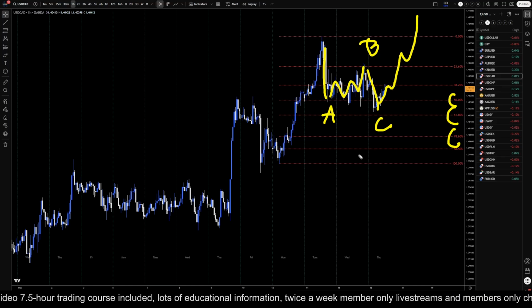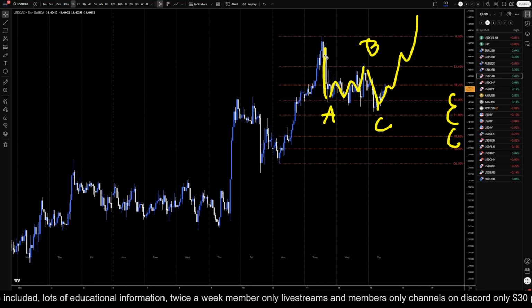It's been a very sideways market this week for some reason, maybe because of the U.S. government shutdown still. So we do have to be a little bit cautious with our entries, whether or not they're actually going to follow through or not, with the lack of U.S. news coming out and the lack of liquidity coming out of the U.S. lately because of the U.S. government shutdown.